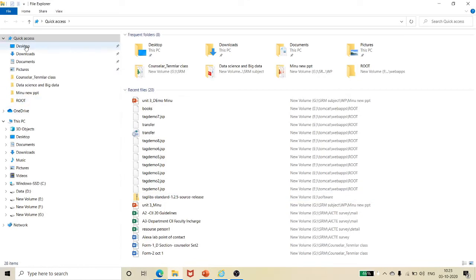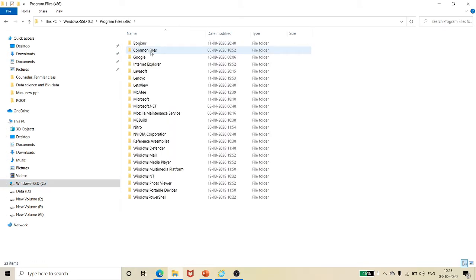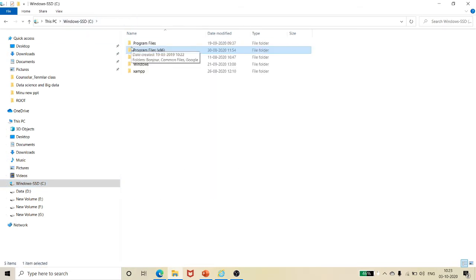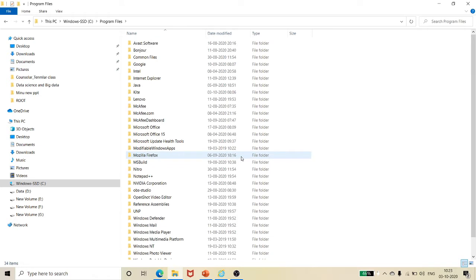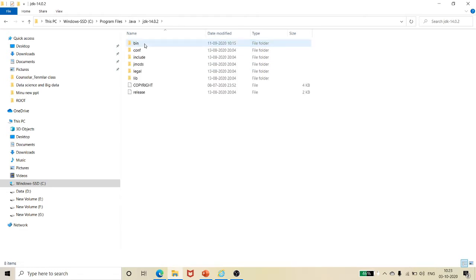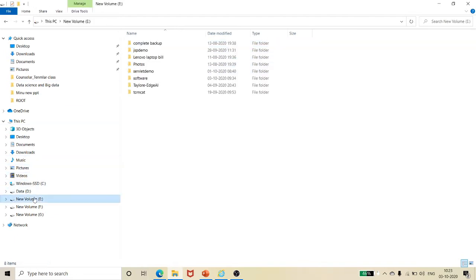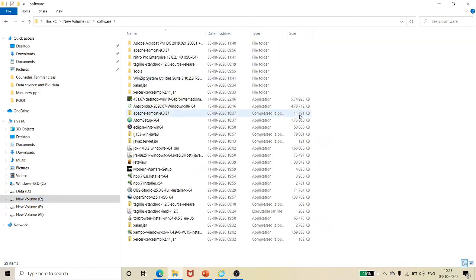Let me show the folder setup. Here in Program Files, in Java, you can see that I have installed JDK 14.0.2 and JRE 1.8.0_251.